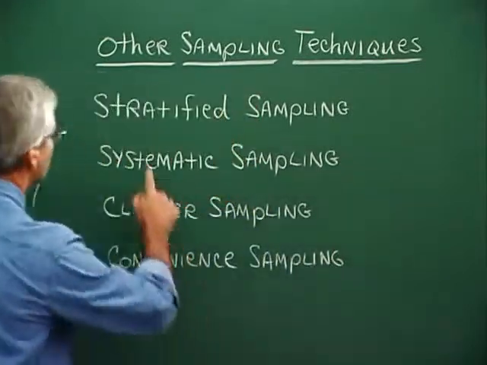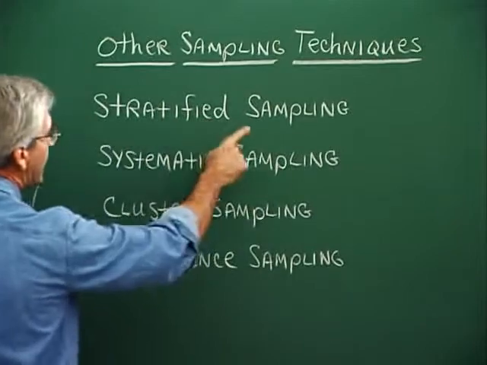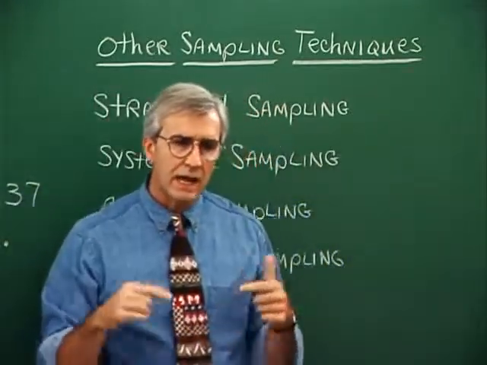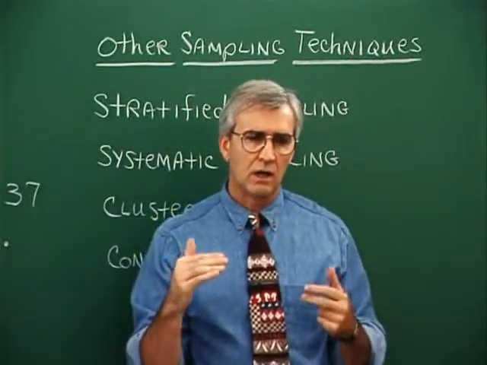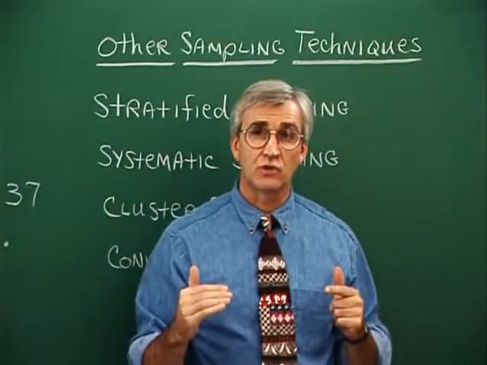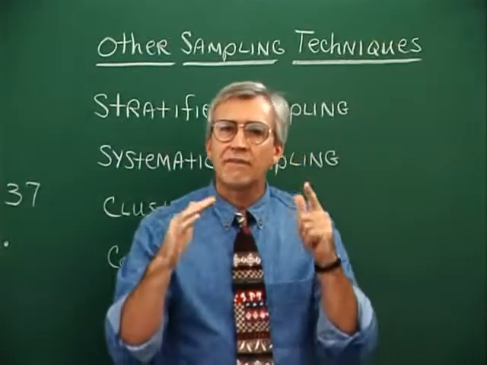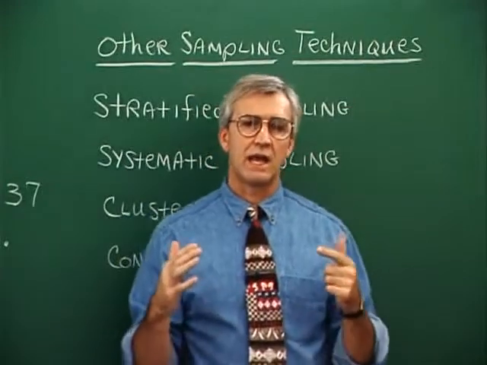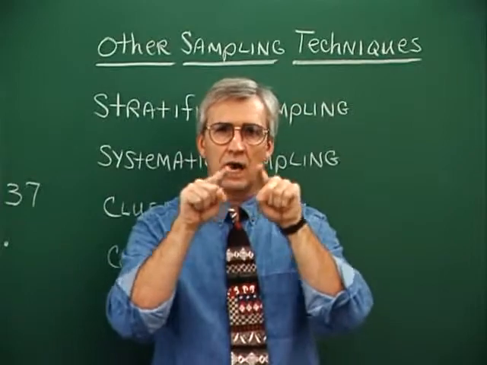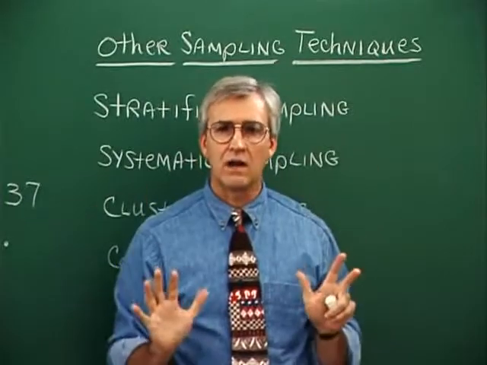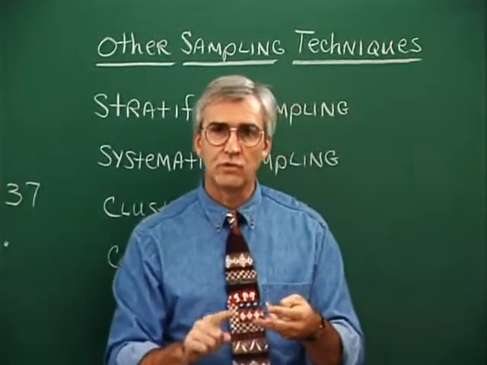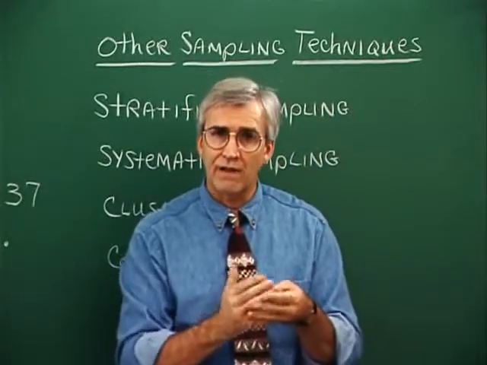One of them is called stratified sampling. Stratified sampling occurs if you can take the population and divide it into strata. Now, strata is the plural of stratum. Stratifying a population is kind of like having, let's say, a high school class. All of a high school can be divided into freshmen, sophomores, juniors, seniors. You see, so we're stratifying the entire